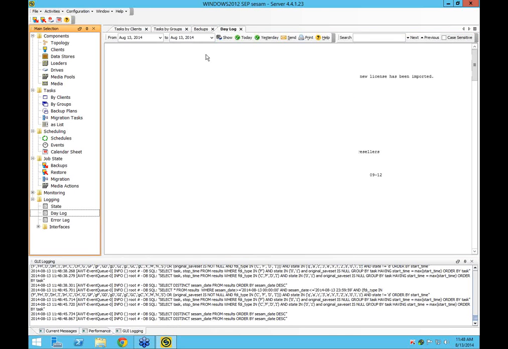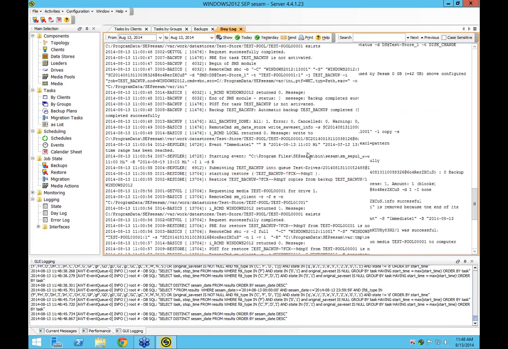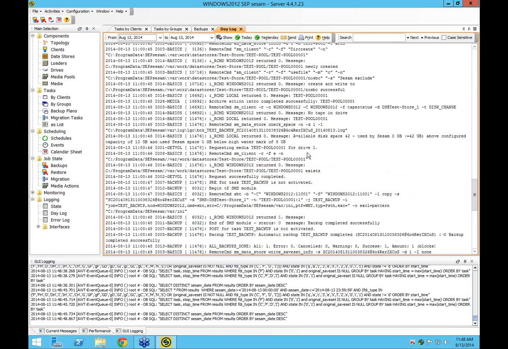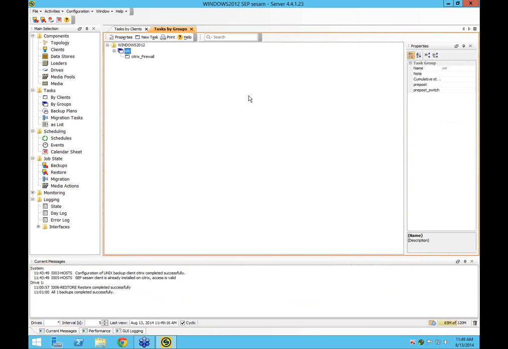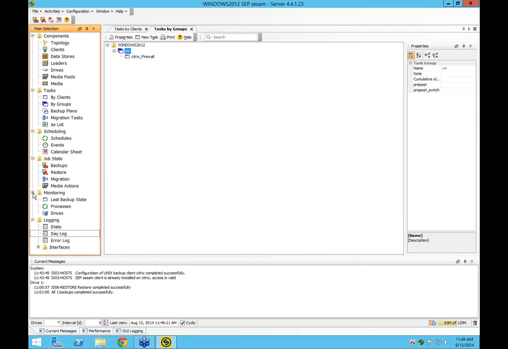Additionally, the system daylog has everything that happens with the back end. So starting the service, making a connection to the GUI, starting a backup, ejecting the tape, checking the storage that's available. Between these two views, absolutely everything the software does is shown, even the command lines that are run. And all of our command line is self-documenting. So even if we're curious what these options are, we can just run the command and see. So the idea there is that you're able to control everything yourself. There's no hidden registry or anything like that that you have to worry about.